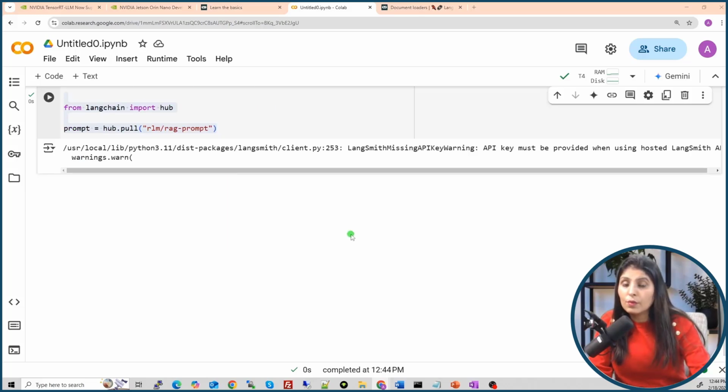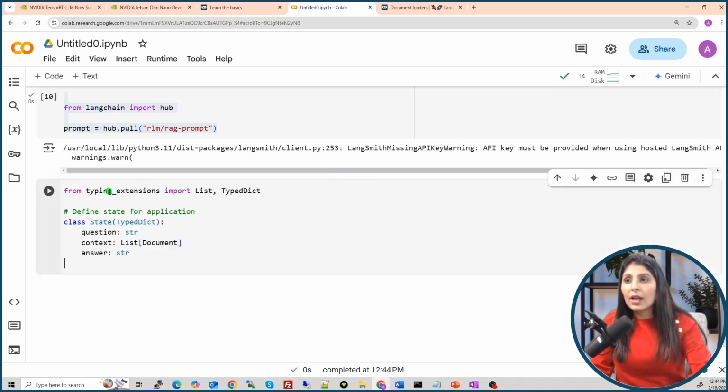So guys, as I've told you, we are going to build the application in LangGraph. In LangGraph, we have state. State means the messages from user and bot. We store them somewhere, right? For that we use state. So we are going to write the code for that state now. We are importing List and TypedDict from here, and we have created a class with the name State. This class has these three things.